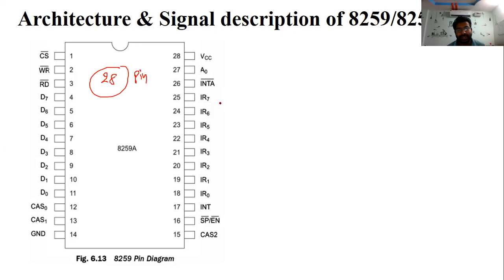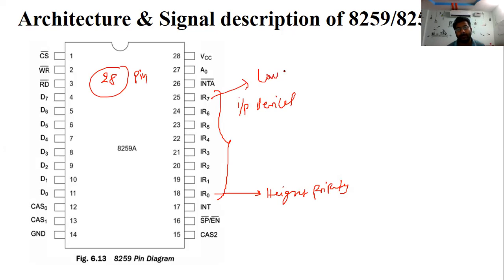These are the interrupts, the input and output devices. This is the highest priority and this is the lowest priority. Whenever a device is connected as IR0, that is the highest priority.